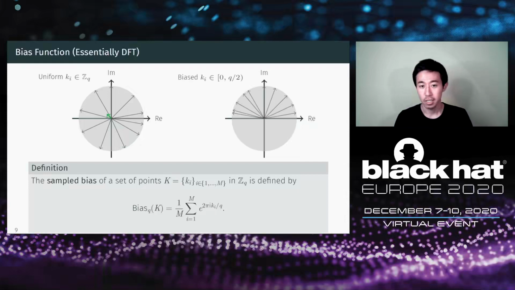On the other hand, let's think about the biased cases. For example, if the most significant bit of nonce k is 0, then we can imagine that those corresponding vectors are concentrated in the upper half of the unit circle. So in this case, we can expect that the sum of those vectors is much larger. So this is how we can quantify the bias of nonce, and also this is how we detect the bias, whether it is applicable.